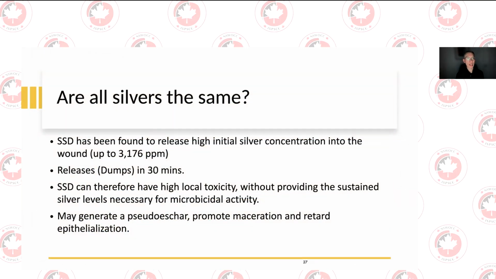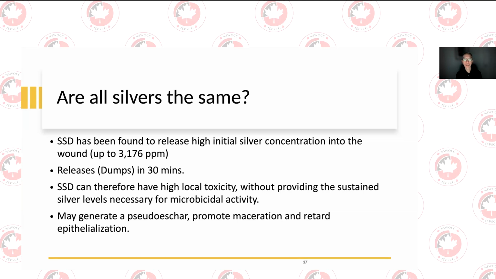So just to illustrate this point, all silver is the same. We're all familiar with material like Flamazine, the silver sulfadiazine cream. It was very popular for a while, especially for burn patients. It's very economical, very cheap, and can be spread over big areas. And in fact, it has a very high concentration of silver, up to about 3,000 parts per